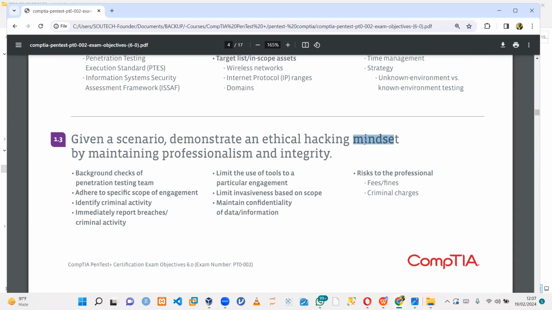mindset. So in some of your exams, you're going to be asked questions that have to do with understanding what is the best thing to do, right? Especially when you want to maintain professionalism and integrity. Things like background checks of the pen testing team. Each team member must be certified. Each team member must have experience. Each team member must not be a rogue